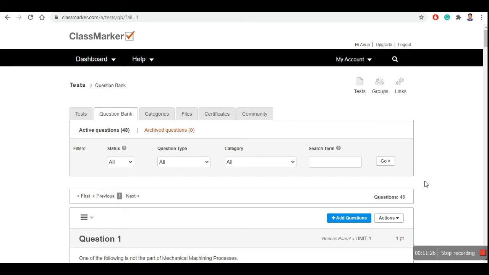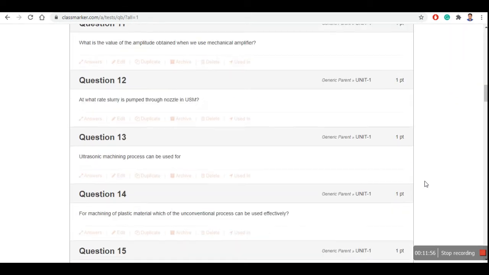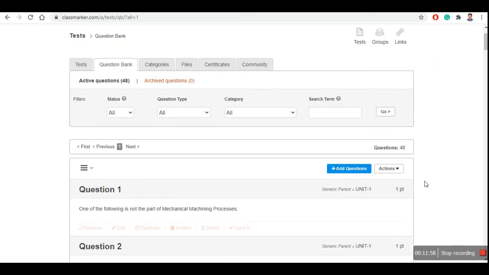If you are going to add some figures, in that case you need to go for a paid account or take some subscription. But if you only have multiple choice type questions where there is no figure at all, it is possible to conduct the test. As well as if you are going to have some sort of fill in the blanks kind of question, that is also possible. Even well in advance you can give all the answers, and I'll show you what to do and how to do it, right? Here, many questions I have added already. So how to add a question, all these things I am now going to show you.